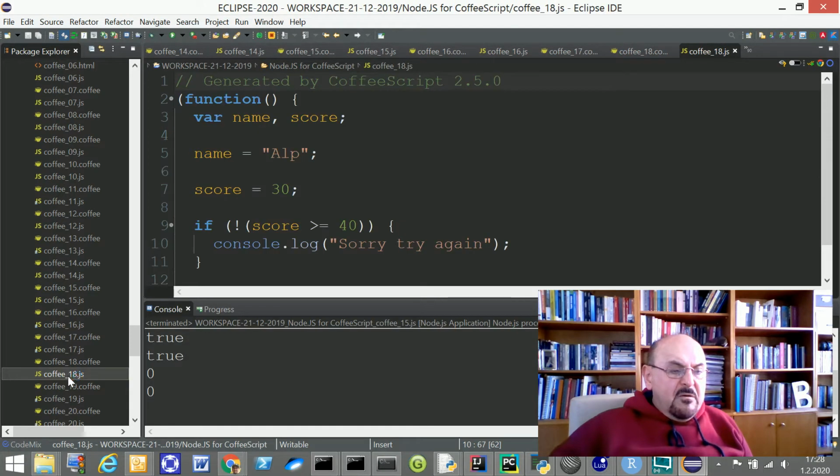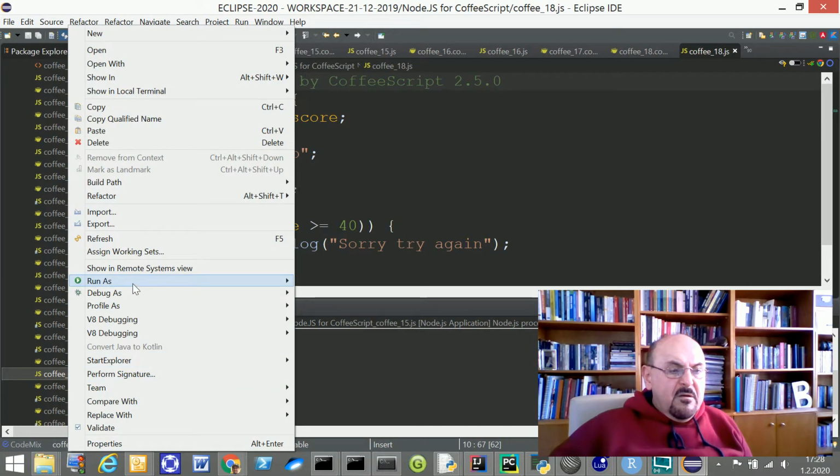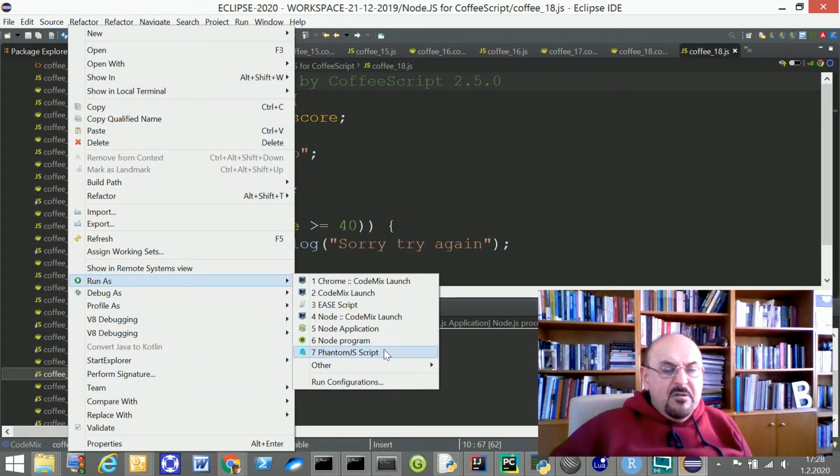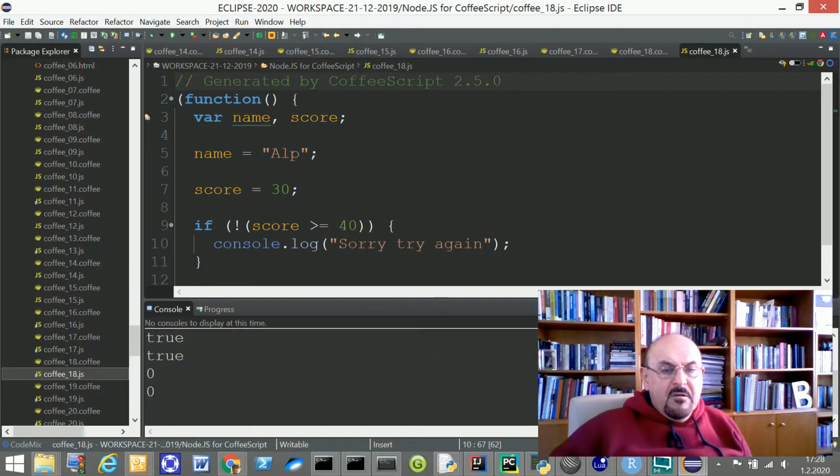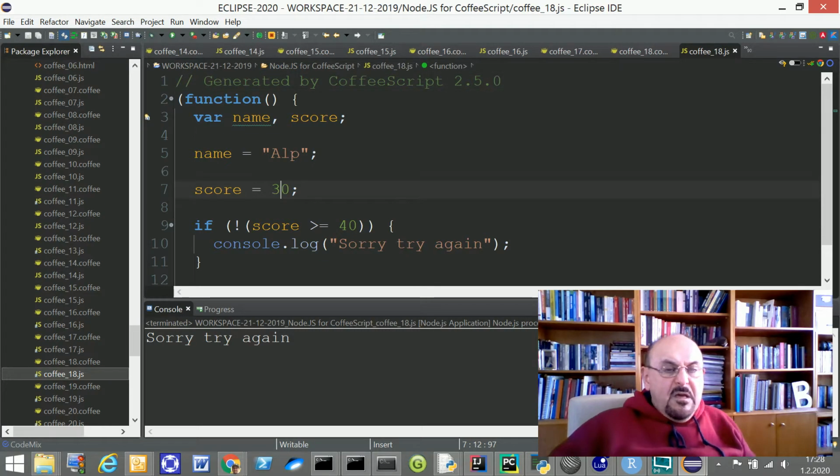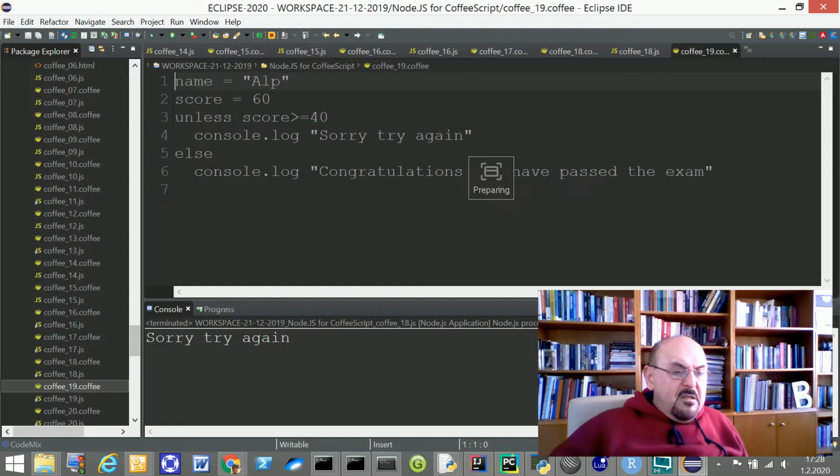When I run this one as an example, okay, "sorry, try again," because I have already obtained a mark of 30, and it's not enough to pass the exam. File 19, and with this file,